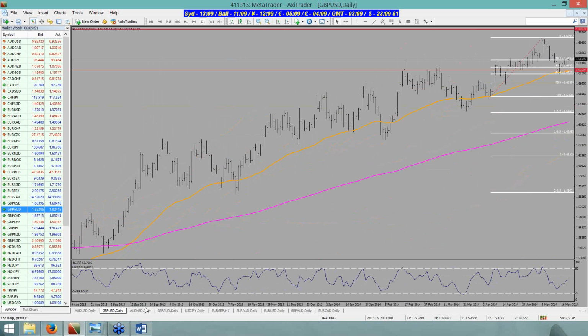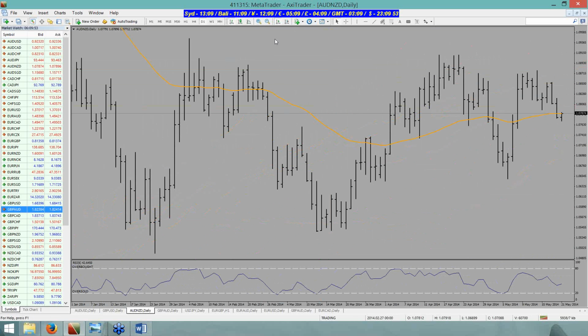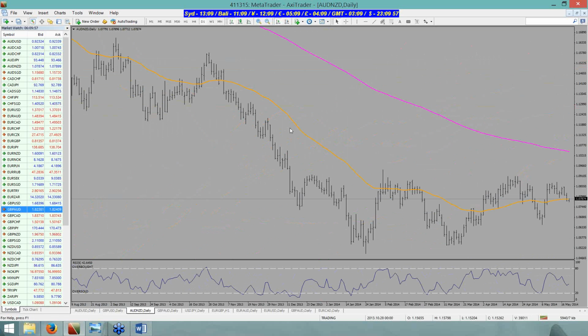And with this Aussie Kiwi, it looks like it's trying to turn from a downtrend to an uptrend, and it's just struggling to do that. So, this cycle above, ideally you would want to see it higher than this. But we may not get that. We've done a cycle underneath, and now we've done a cycle above it. If there's a buying setup, then that's what we're looking for.